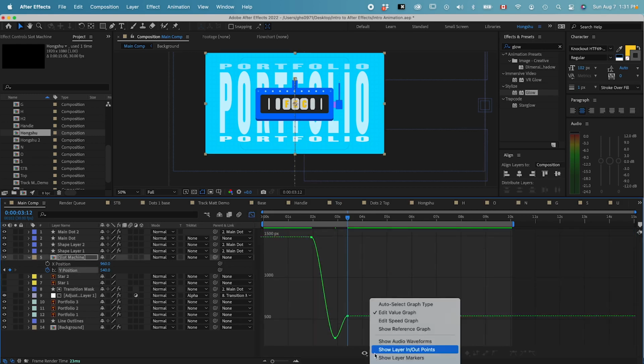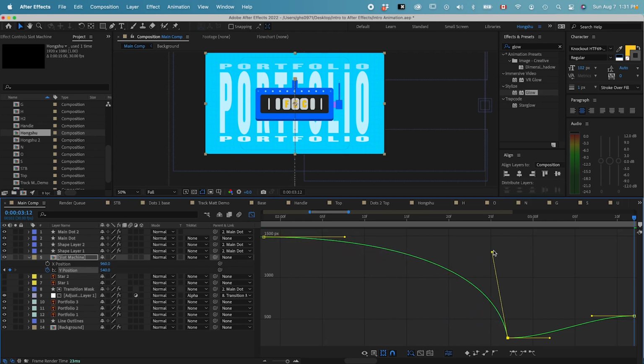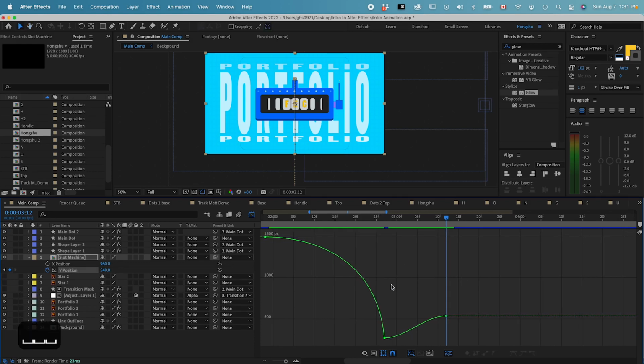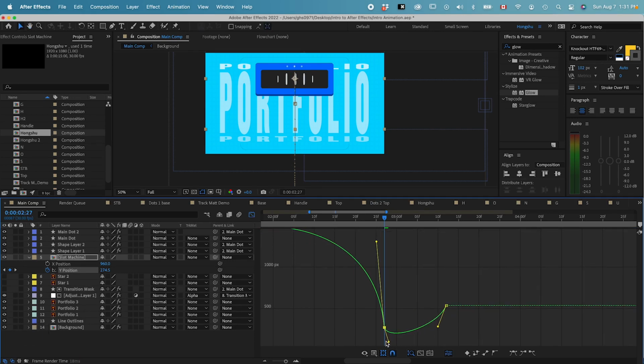and then let's go to the graph editor. In this case, I want to use the value graph. Let's hit value graph and then fit the graph to view. In this case, I want to have more of a thrown effect. I want the slot machine to be thrown into the scene and then maybe land in the center, accelerating like this, a curve like this,